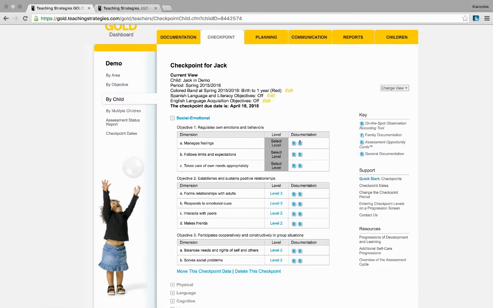Here you see documentation, and these small blue D's mean the pieces of documentation that you put in. So the minimum was 2. And so some of you may have more than 2, or you may just have 2. And if you have an infant and you weren't able to document on something like makes friends because they're an infant and they aren't making friends, I'll show you how to assign the level for that. But from here, what you're going to do is click select level,